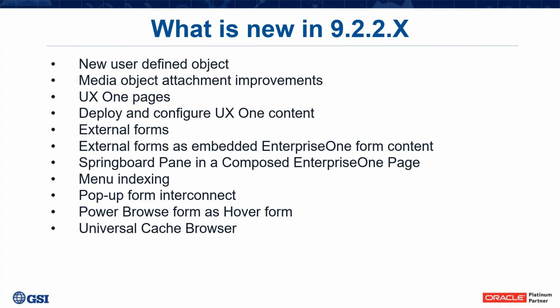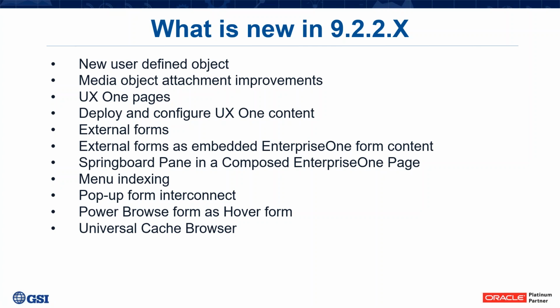There's also a Springboard pane, which has a collection of tasks available for a role. The tasks can be launched from the Springboard pane. They can be EnterpriseOne applications, batch programs, ADF, and OneView reports. Menu indexing identifies a task that can be displayed and accessed by a role from the Springboard pane of